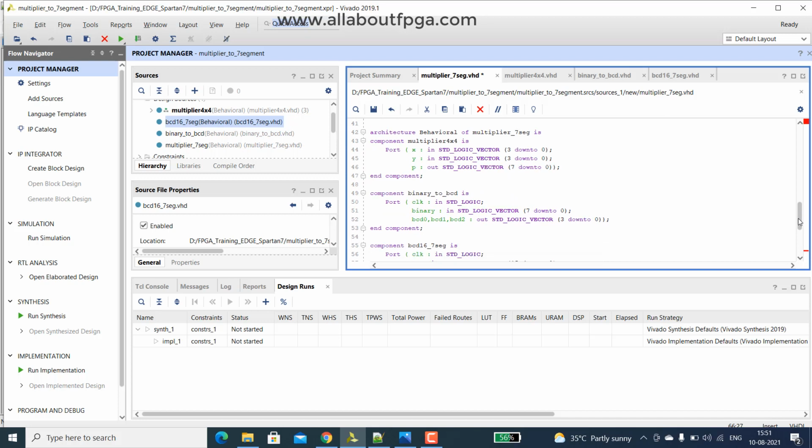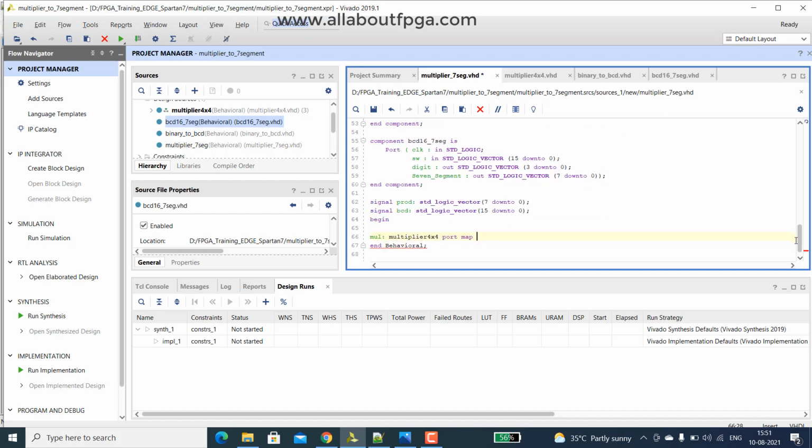Multiplier 4x4. Okay. Then we have three things: x, y, p. Instead of p, we are substituting this signal product. So it will automatically assign that product term to p.